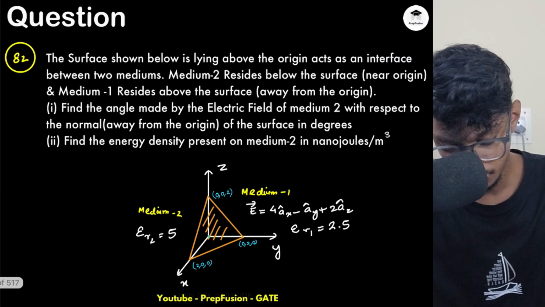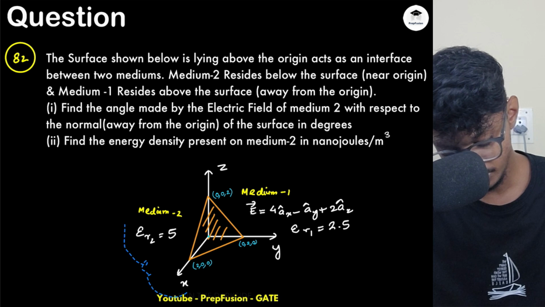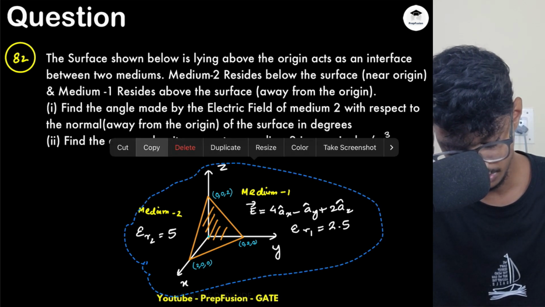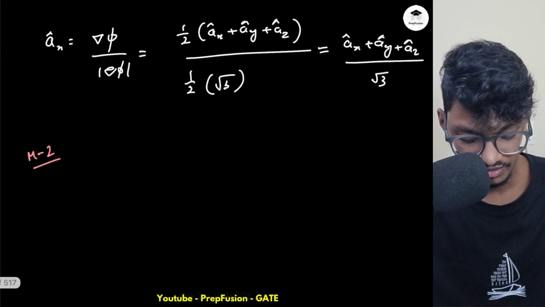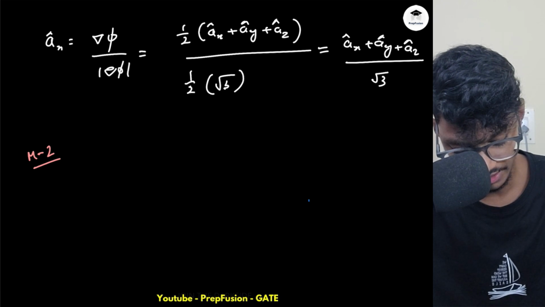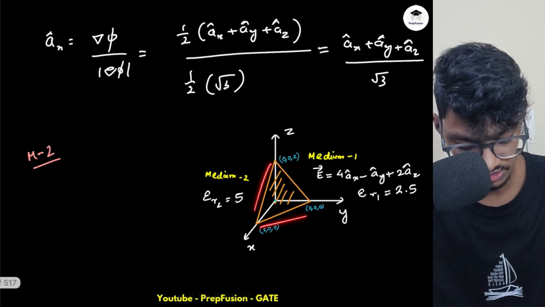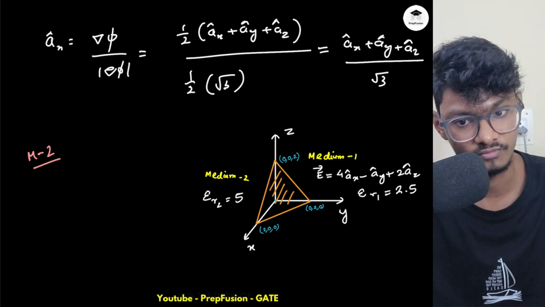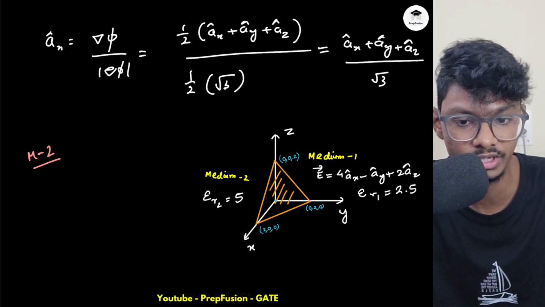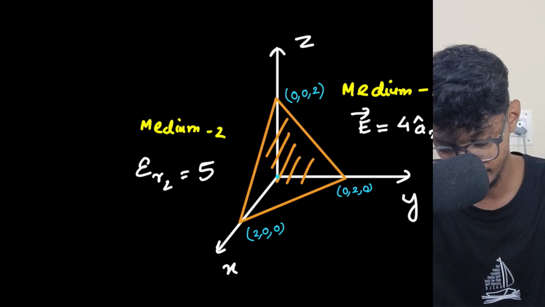What is the other method? Whenever you have to find the normal to a particular surface, you can write the two vertices, or you can write down the expression for two sides of the surface, and then take the cross product of that and divide it by its own magnitude, and you will get back the same vector. So let's name these things